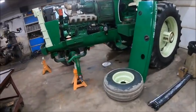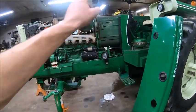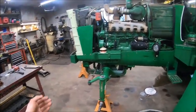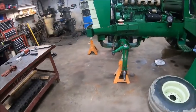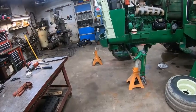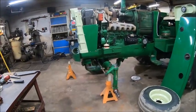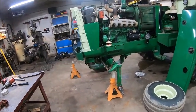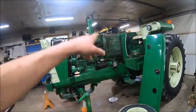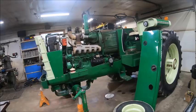But the upside is, while I'm waiting for that, now that I got one tire on the ground and it's sitting solid on a jack stand, I don't feel bad about pulling that tank out now. I don't think it was going anywhere the way I had it sitting on that weight bracket, but that was just kind of a precarious position to have it in. And I didn't want to go jerking around too much, pulling that tank and push it off the stand or something. I feel a lot safer having it standing on 3 feet with one jack stand. So we should be able to have all that, as long as the tank comes out all right. That shouldn't take much more than a day. Probably work on that